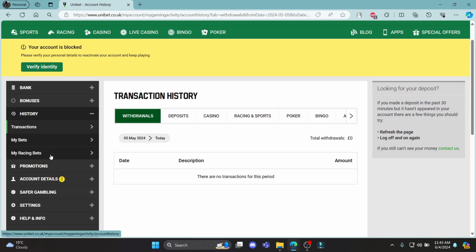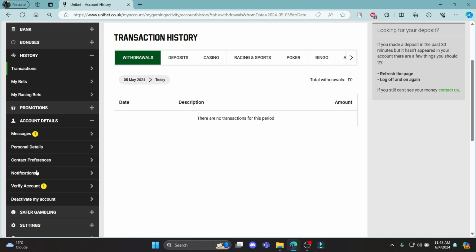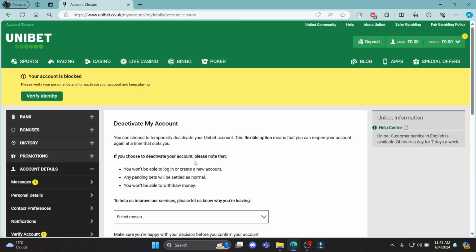Then the next step is to scroll a bit down and find account details, and you can see at the very end that there is something called deactivate my account. Go ahead and click on this link and it will take you to the deactivation page, where you can see